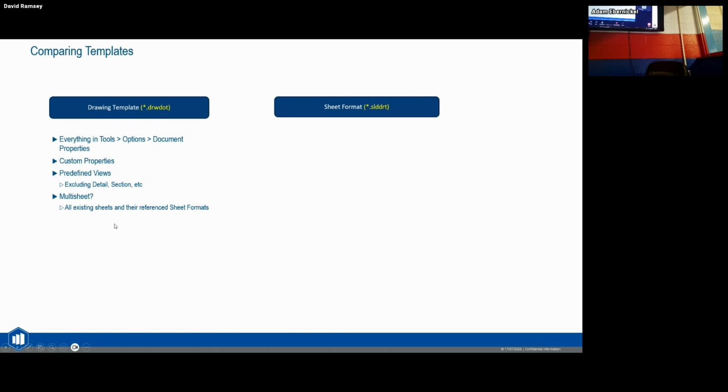Multi-sheet. So in this case, we can get a multi-sheet template that has different sheet formats across those different sheets, right? So it's kind of a culmination. When we talk about just sheet format, it's much simpler. Now we're talking about